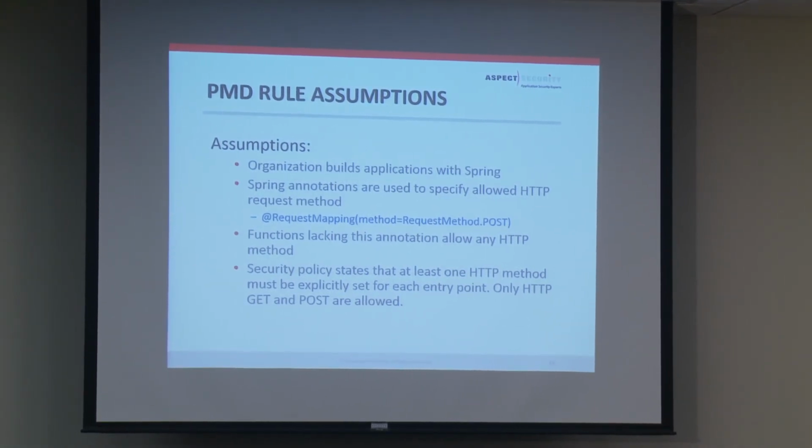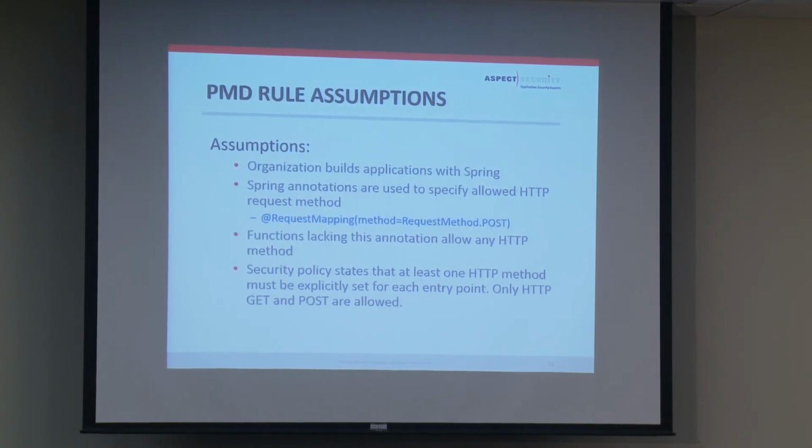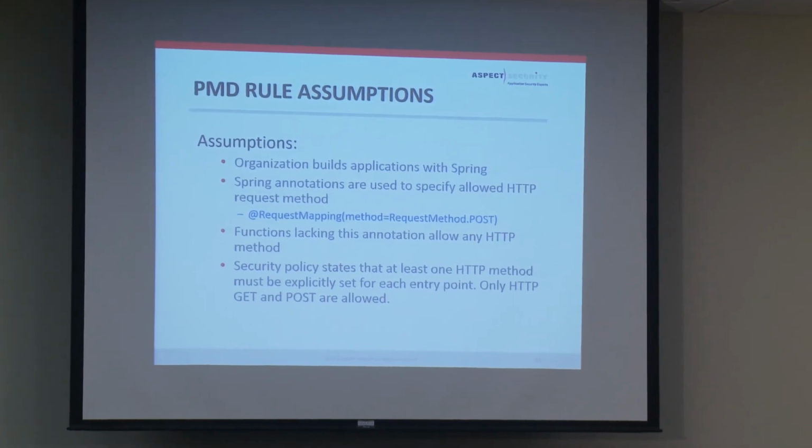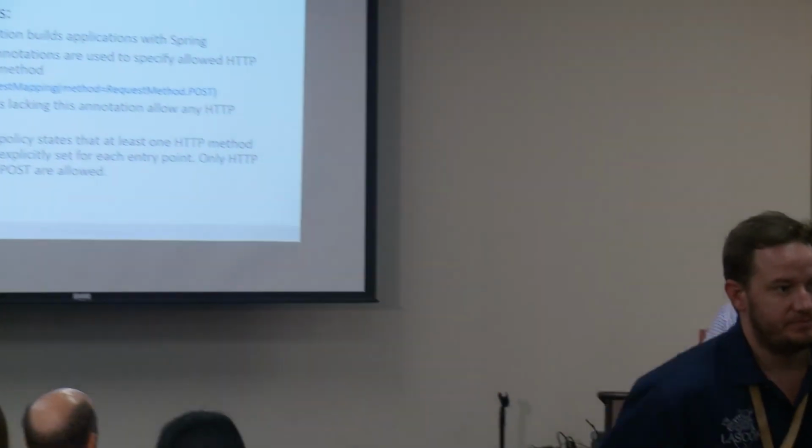So we're going to write a PMD rule. I was actually going to write it with you on my screen through Eclipse, but I thought it would be too slow and you'd probably get really bored. So instead, I'm just going to walk through the creation of it. Some assumptions here: let's say we work for an organization. All of our applications use Spring. This is a simplified example. And we have a policy that says that,